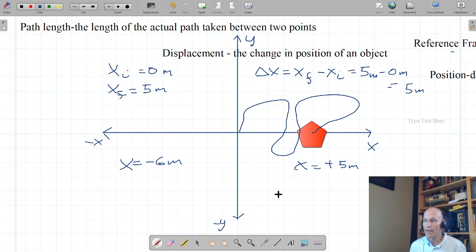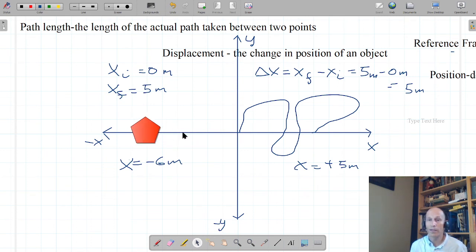Now, if I take my object, and of course I'm not going to calculate the path length, I'd have to figure out the length of the squiggly line that I drew. But you can imagine that, in particular if you're walking, say, the path length is important to you because it takes effort to move every step of the way. But what's actually sometimes more important is where you end up. So now let's consider a couple other things about displacement, and then we'll leave this topic. So now, if I'm at 5 meters and I move here, where was I, -6 meters, I'm going to assume it's there,